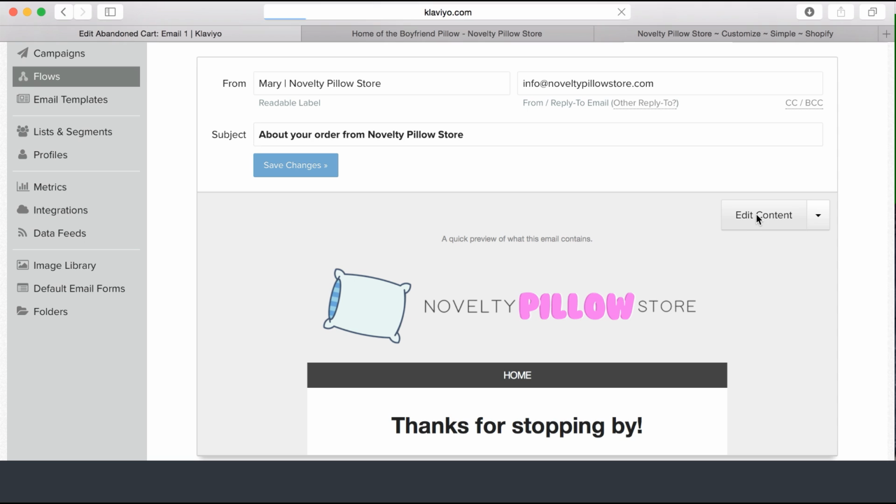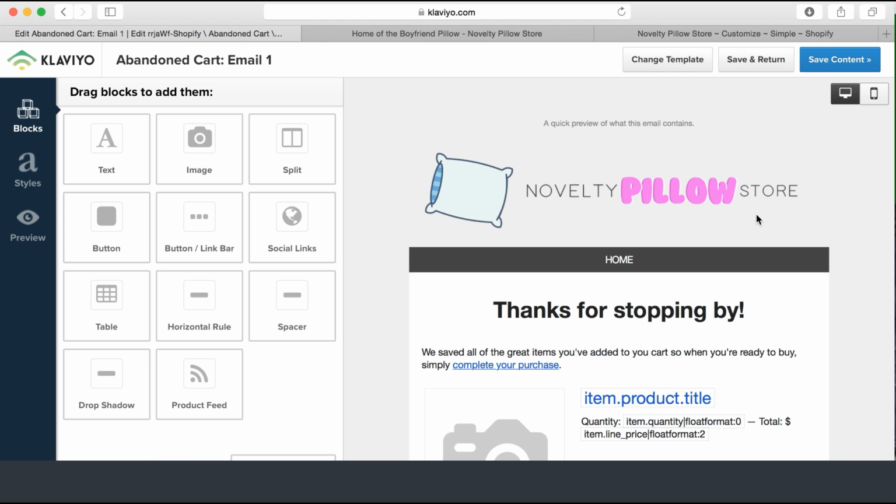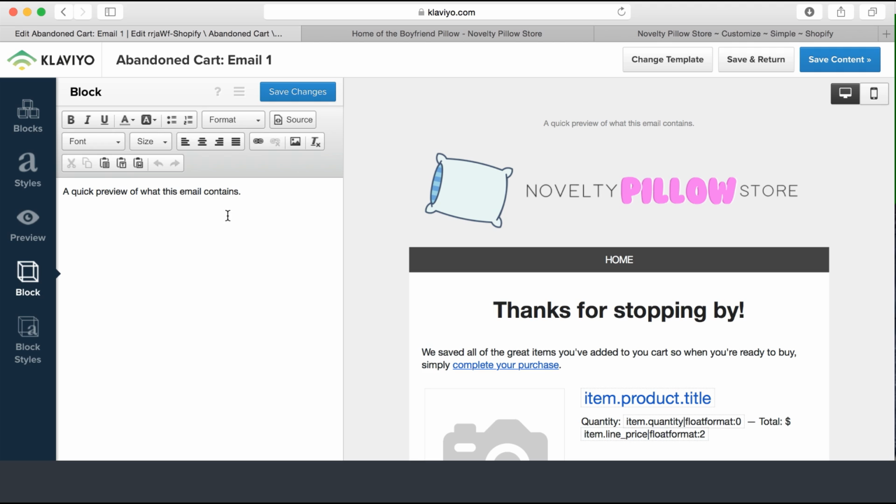Edit content. A quick preview of what this email contains. So this is basically sort of like books have blurbs on the back. This is the email's blurb, I like to call it. So, say you're scrolling your email inbox on your phone and you can see part of what the email contains. This is what you see, this preview. So I'm going to put